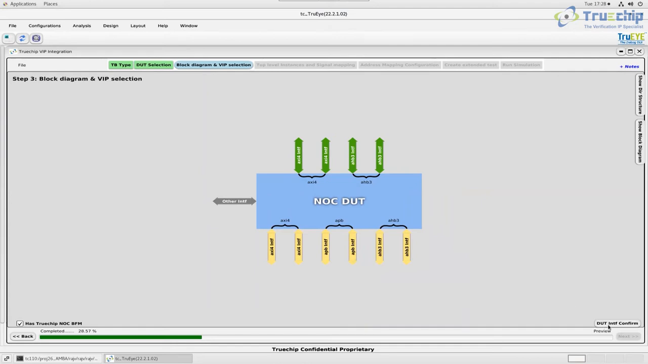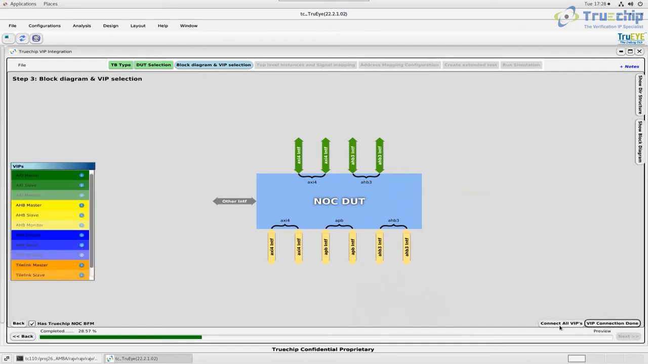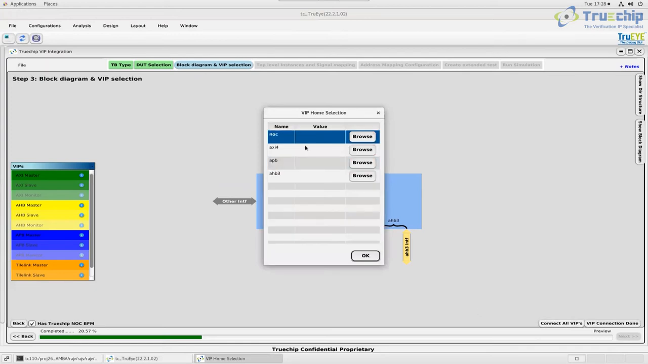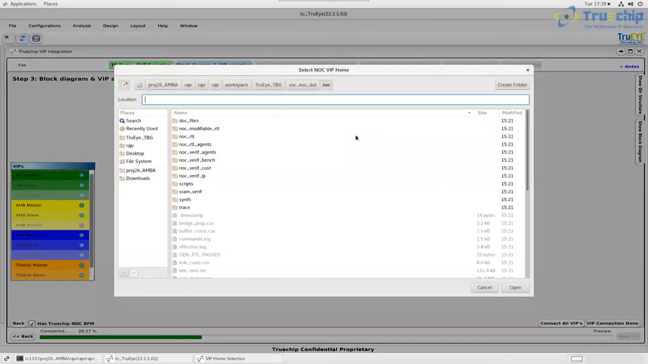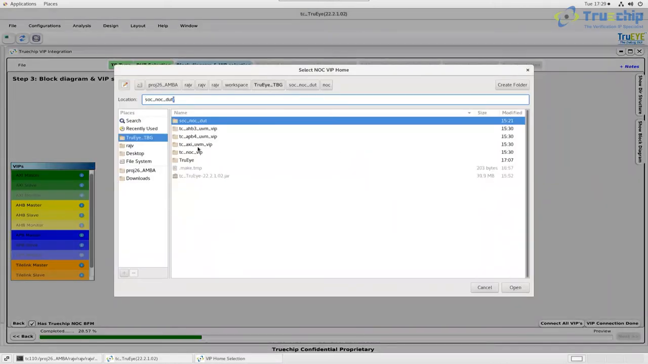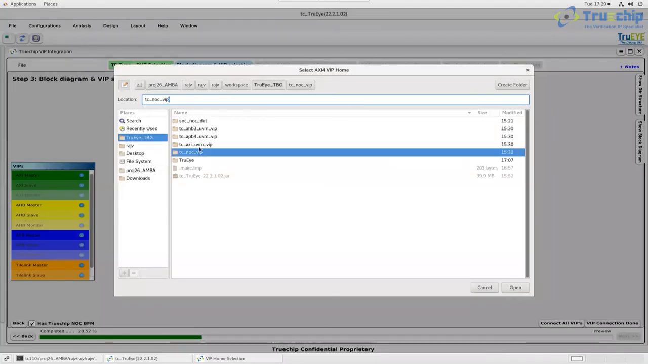Just confirm the DUT interface. Here you can manually drag and drop the VIP also, and within one shot you can connect all VIPs. In this section, you can give the VIP path at your end. Now the AXI VIP,